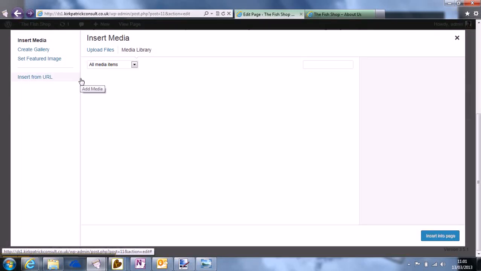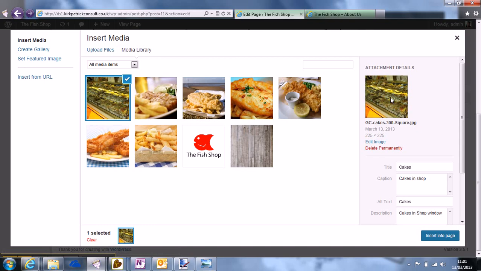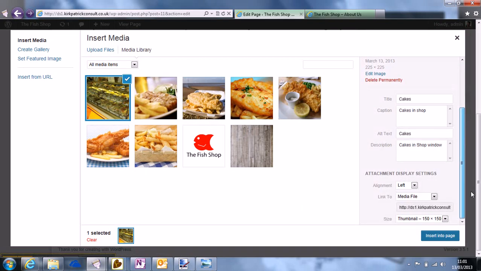And in adding pictures, we're going to press the Add Media button here. With the media window here, if we have any images in our collection, they will appear here, and we can simply click on them, and in the right hand window here we can change the settings. It's always good practice to make sure that your titles, captions, alternative text and descriptions are filled in and are meaningful, because this will help with increasing your rating on the search engines like Google. But it's also easier to find, and it's good accessibility practice. For example, people with screen readers, they will have this alternative text read out to them when they're looking at